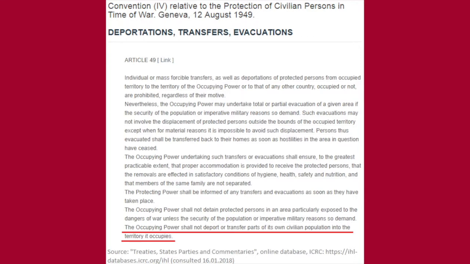So I think we need to separate clearly two issues. The first one is the question of the settlements in and of themselves, and you alluded to the fact that they are problematic. In our view, as is publicly known, a state cannot have a settlement policy and encourage the transfer of its population to occupied territory. That violates Article 49, paragraph 3 of the Fourth Geneva Convention, and we are clearly on the record for that. Now, this, if I can put it this way, is irrelevant for targeting purposes. It's a violation of the Fourth Geneva Convention, but it's not relevant for targeting purposes. For targeting purposes, only the rules on targeting apply.